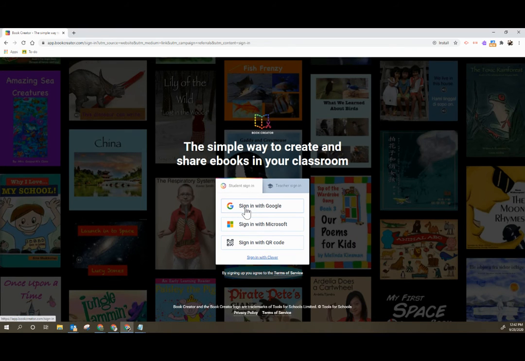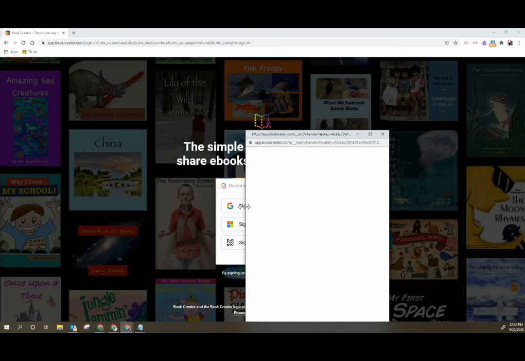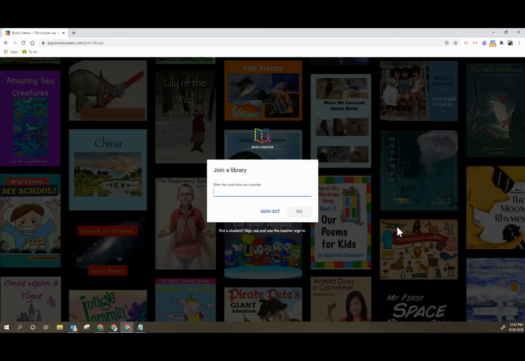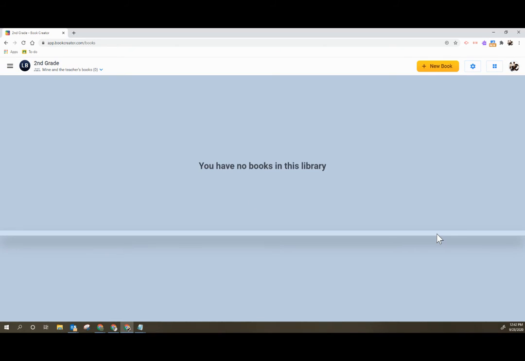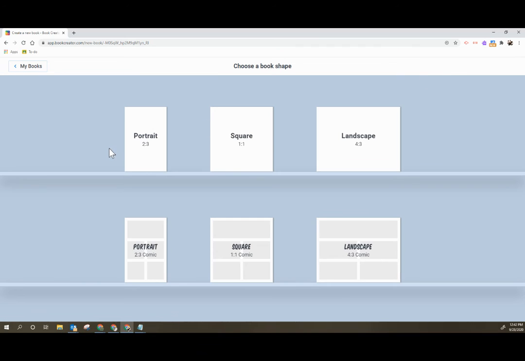And I'm on the student sign-in page. I'm going to click sign in with Google as a student, select my name as the student, and then Book Creator is going to say, hey, you need a code. So all I would need is that code, and then I don't need that code again. Now, currently there are no books in this library, but I can create a new book, and here's where I would start creating my book